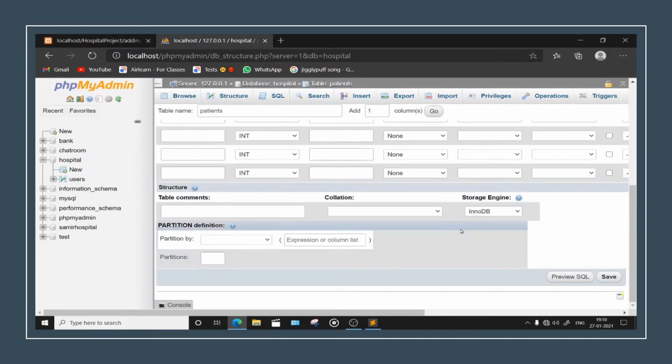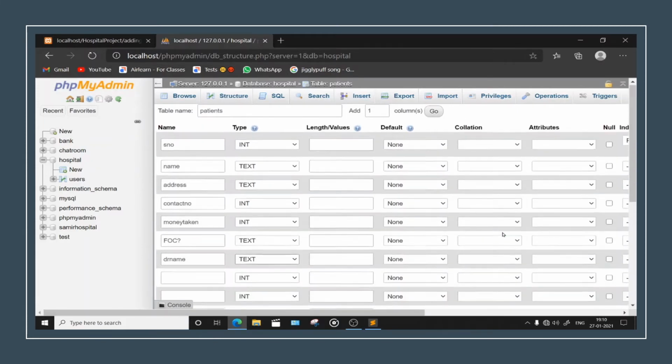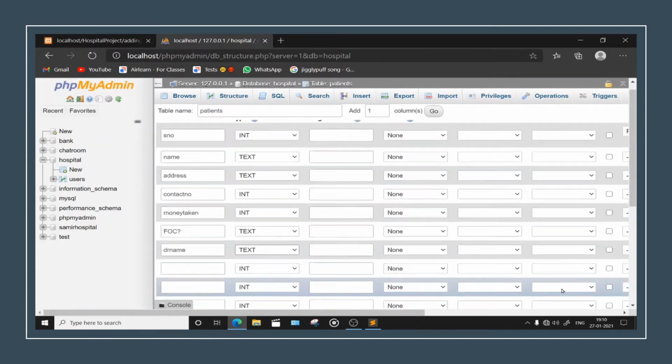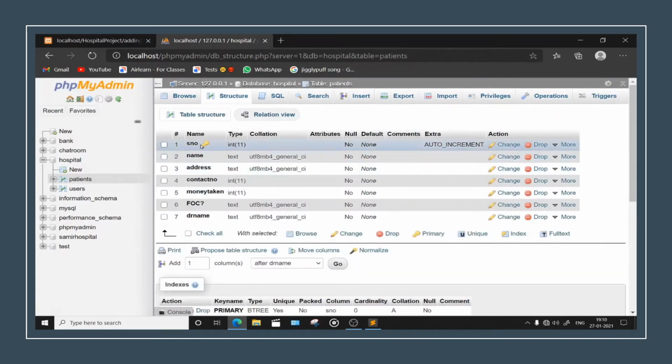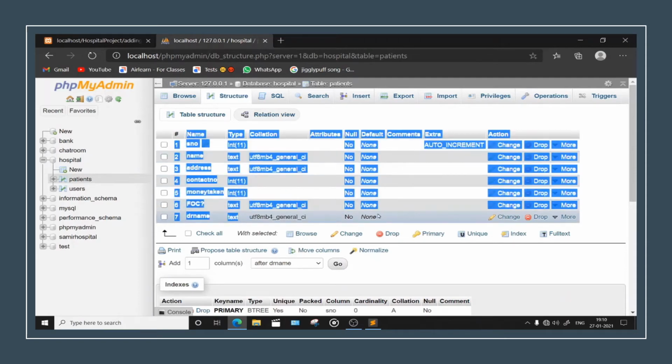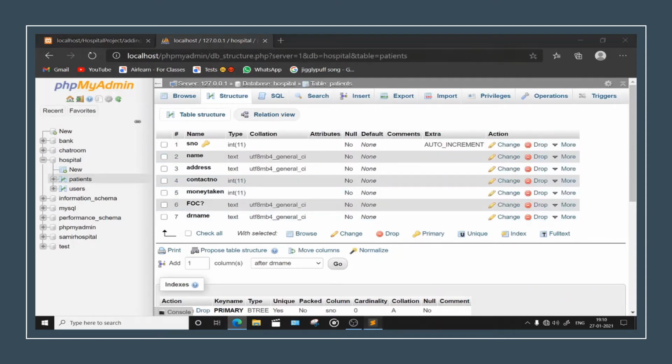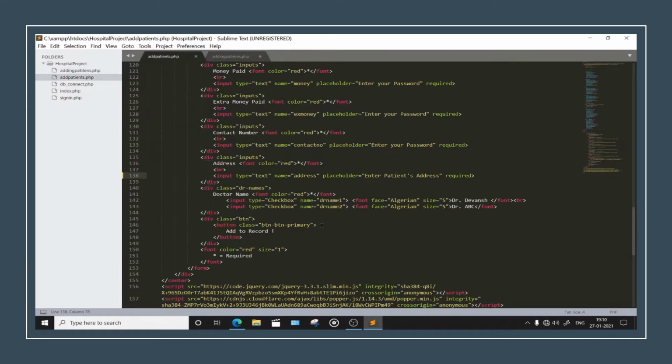Just head down and click on save, and it has given you a new table along with this.